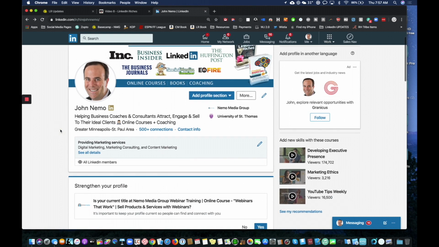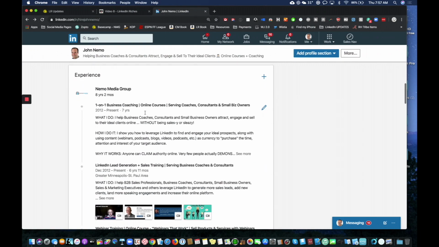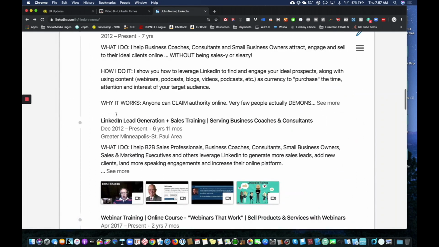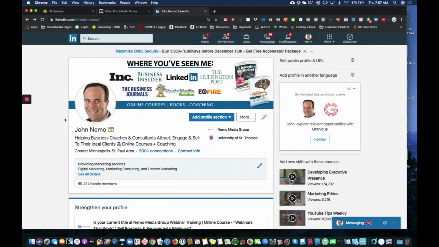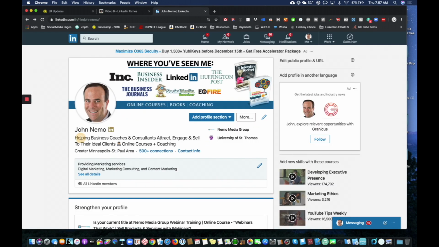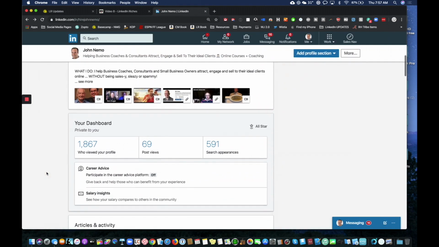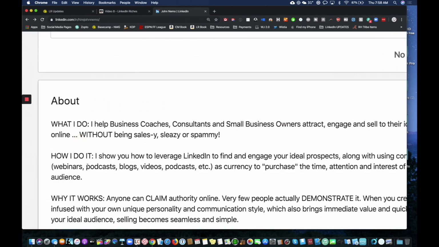And as I scroll through, notice how hidden the about section is, right? And how the experience section here really pops out to us because it has the most text displayed, right? There's a lot going on. So you think about the online culture we live in. People are looking at this on a mobile device or on a laptop. They're scrolling quickly. The first thing they're going to look at is your name, your photo, and your title. Okay, if that interests them and they think, well, yeah, I'm a business coach or consultant, maybe he can help me, they're going to scroll pretty quickly down. They may or may not stop here with what I do and this whole section.